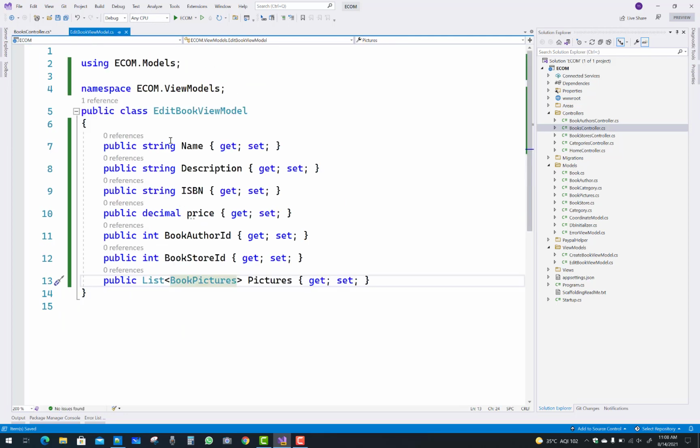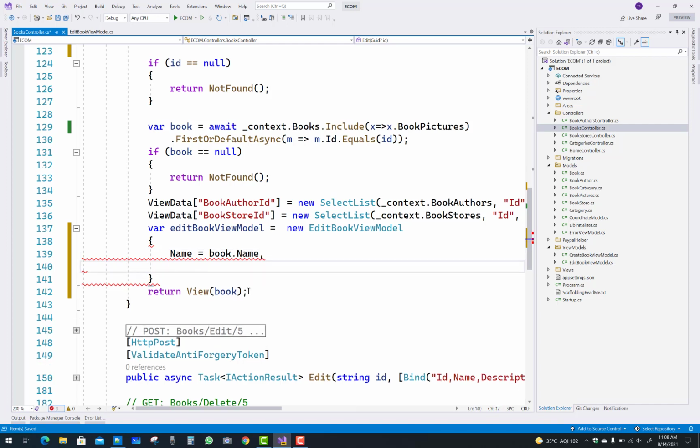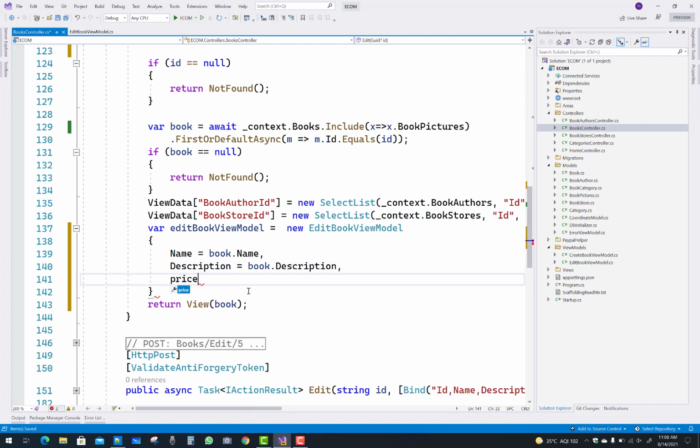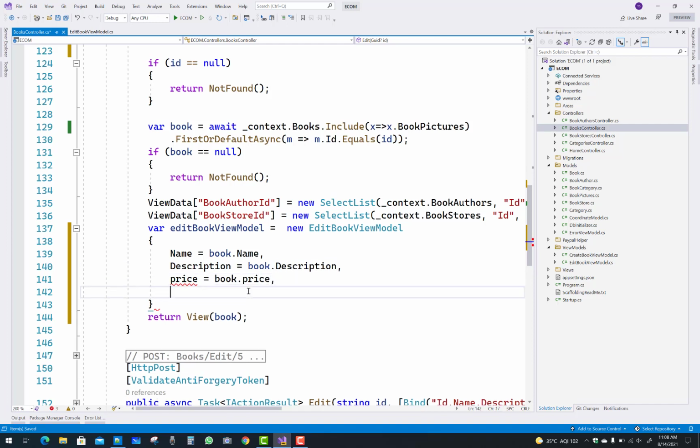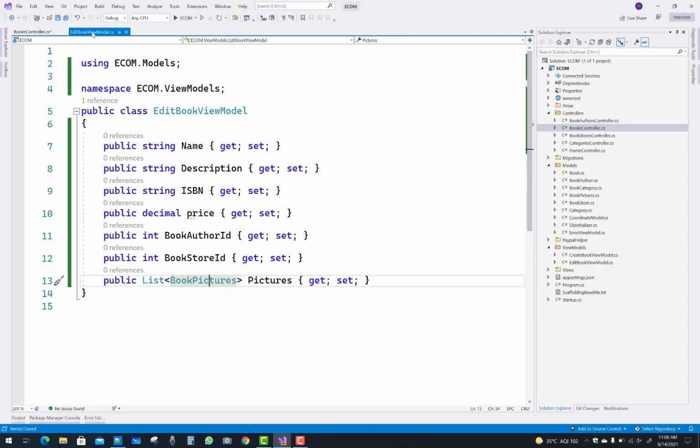Name equals book dot name, and the description is book dot description. There is the mapping between the model and the view model. Similarly you can do book dot price, and pass it to the view model in the view.